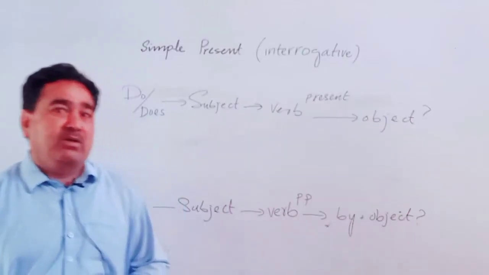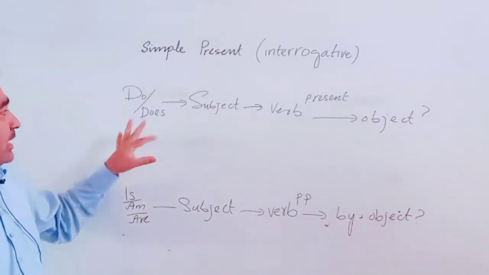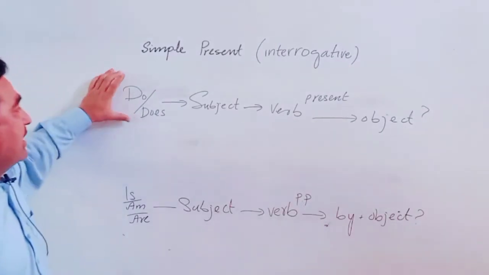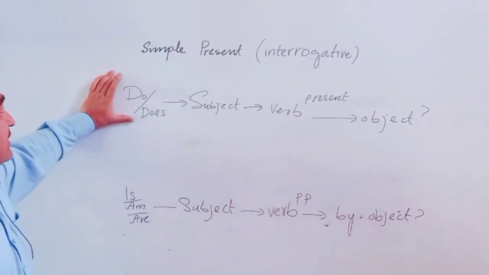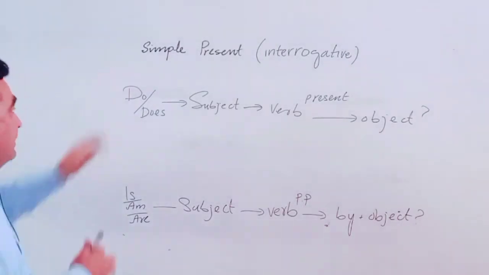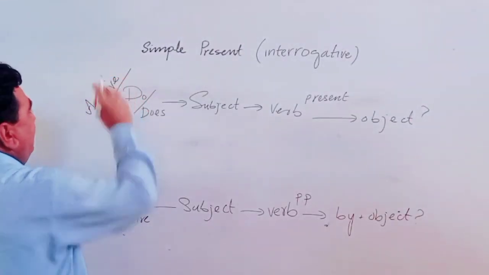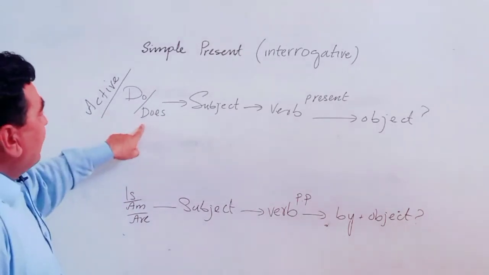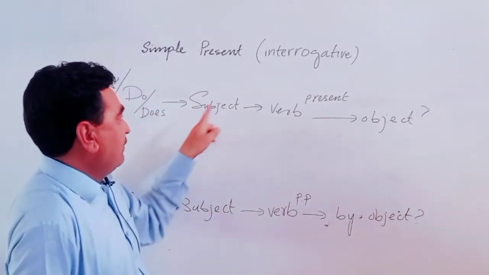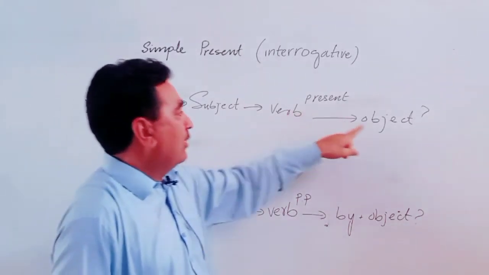Now let's talk about the interrogative sentences. Look at this. This is the structure of an interrogative sentence in simple present tense in active voice. Remember, this is the structure of an active sentence. Do and does are followed by the subject, followed by the verb in the present form, followed by the object